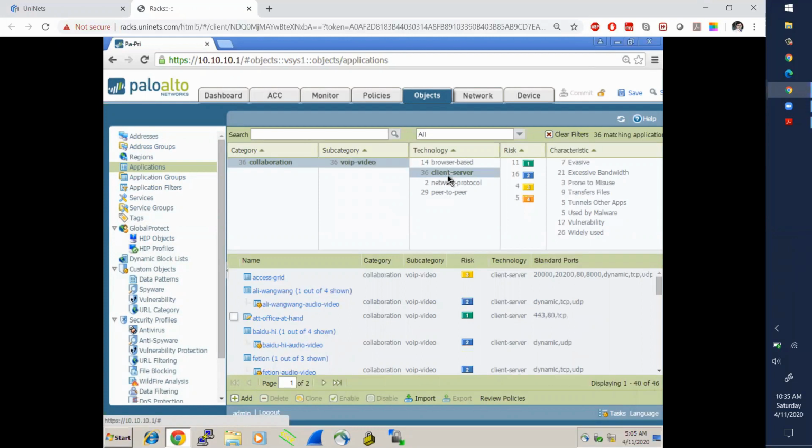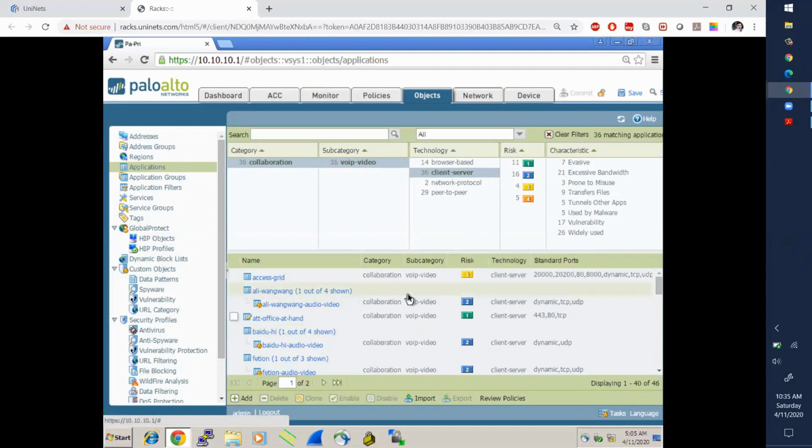Client server basically defines the application which works from client to server and from server again to client. Now, if you want to classify the characteristics of that particular application, you can specify. And if you want to see the risk, you can also specify what type of risk that particular application possesses. So after defining these three categories, you can select the application that you are looking for.